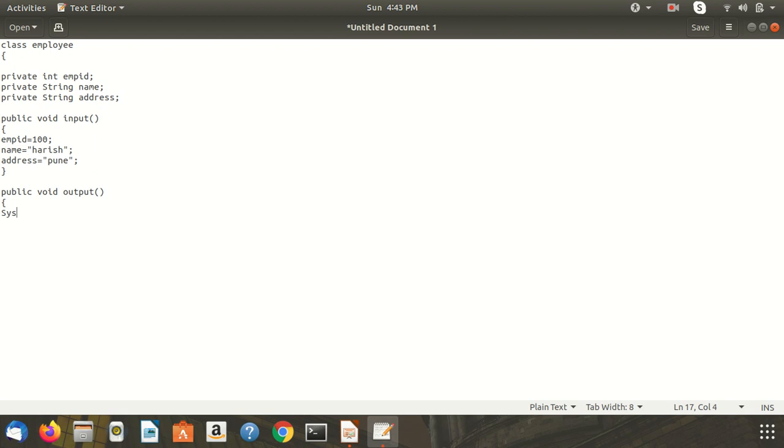Here we print the data, System.out.println, the name of the employee.